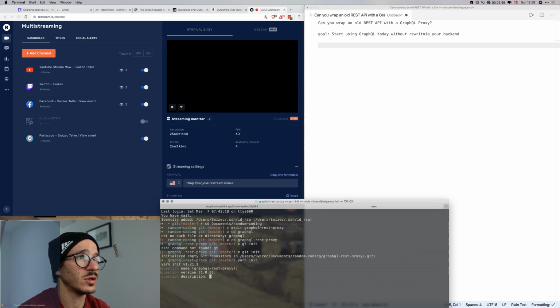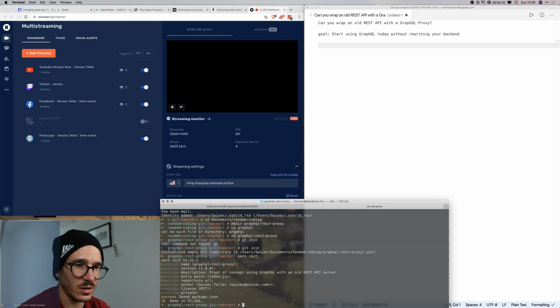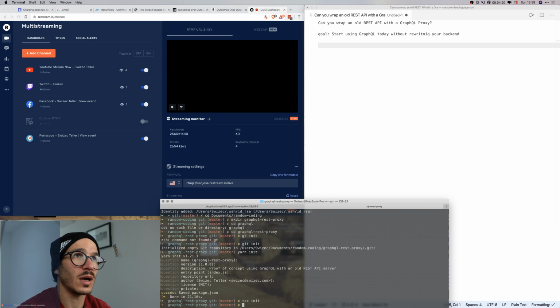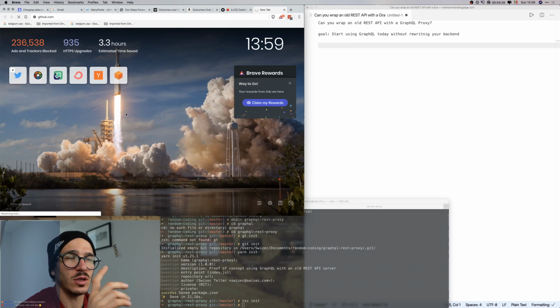So description: proof of concept using GraphQL with an old REST API server. So that's gonna be the goal. We're gonna use that, and there's no repository. I'm the author, license MIT, fine, it's not private. And the next thing I need is I'm going to copy the TypeScript config from some of my old projects. So we're gonna basically model this on the